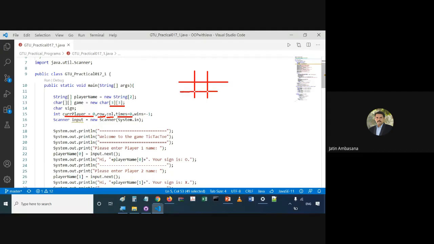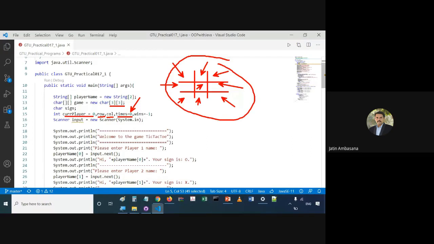So when times becomes 9, it means 9 characters have been put into the game board. So it means the game is over, right? Now there is no scope of putting more characters.